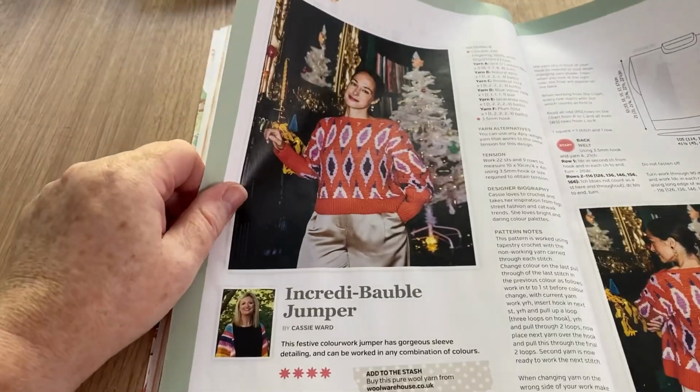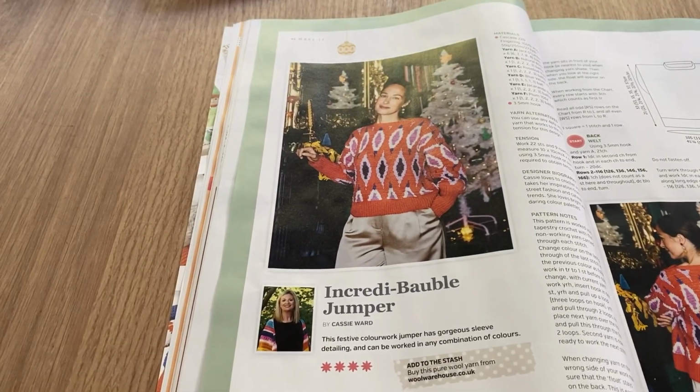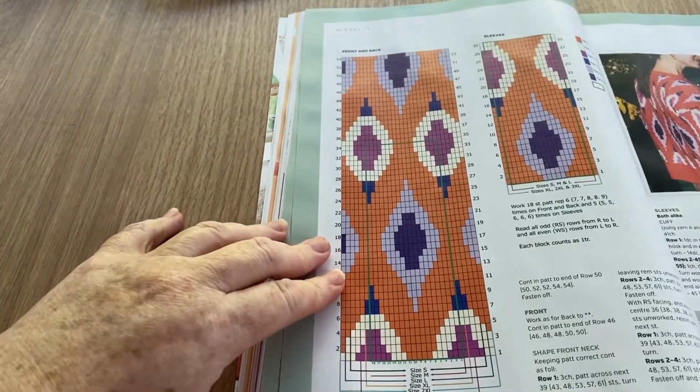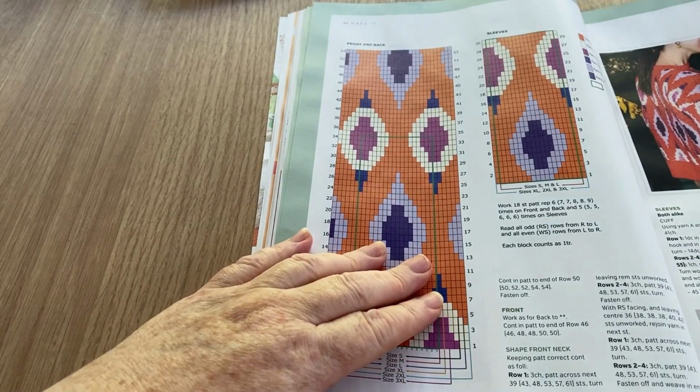Okay, so this is the Incredi-Bauble jumper. It's quite short. A lot of people like short jumpers, I guess, but not for me. Has to hide the tummy that's seen better days. But we do have the chart, and this goes from a size small to a 3XL, so it's quite a